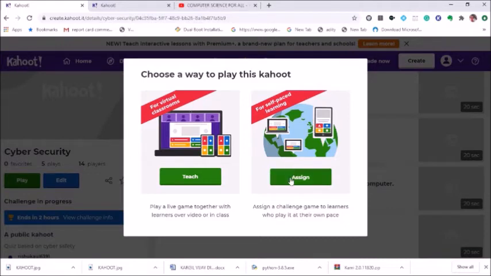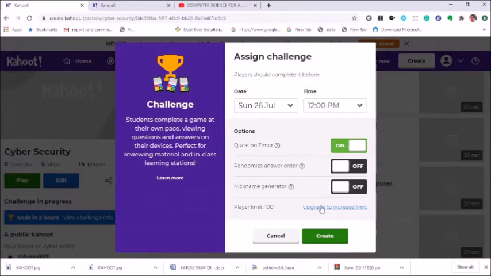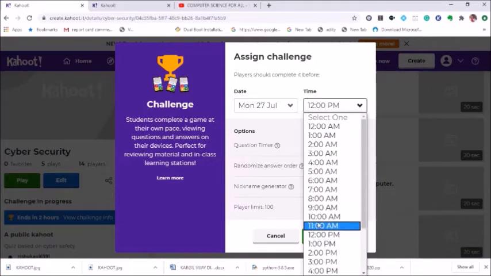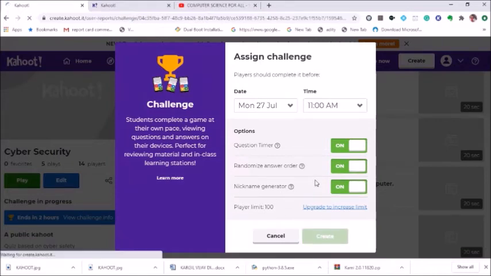The other thing is you can also assign this Kahoot and create a challenge, and you can provide a date, like till 27 Monday, by which they are supposed to play this game, and you will get the record in this system. And you can randomize the question order and generate the nicknames as well, and then create the quiz.